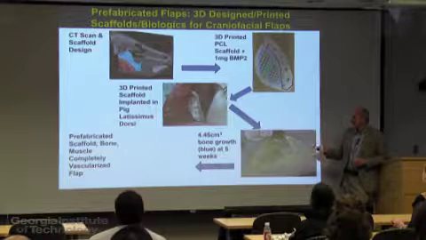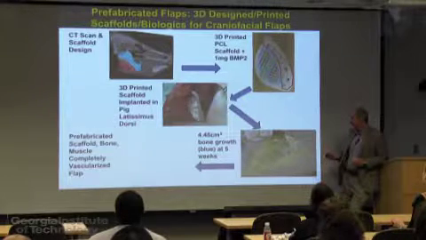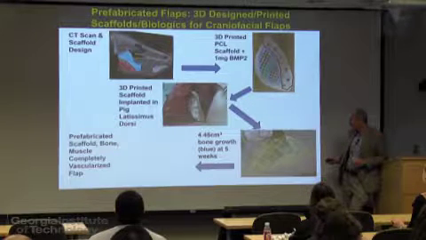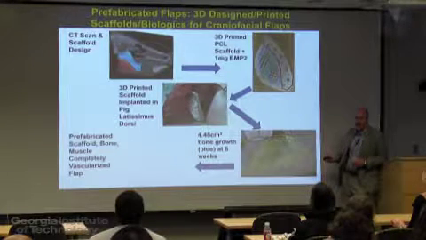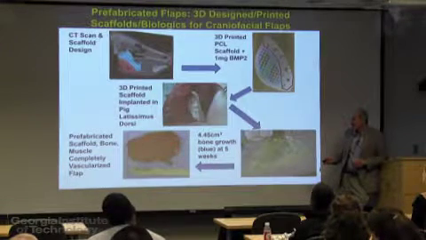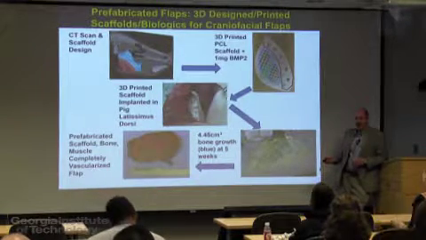Grow the bone, as shown here, in the muscle. So this, yellow, is actually the scaffold. The blue spots here are the bone that's growing inside of the muscle. And then you can take the scaffold, the bone, if you need